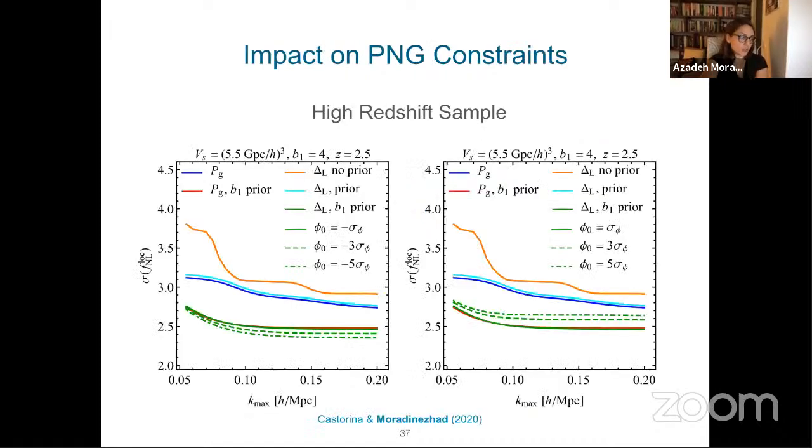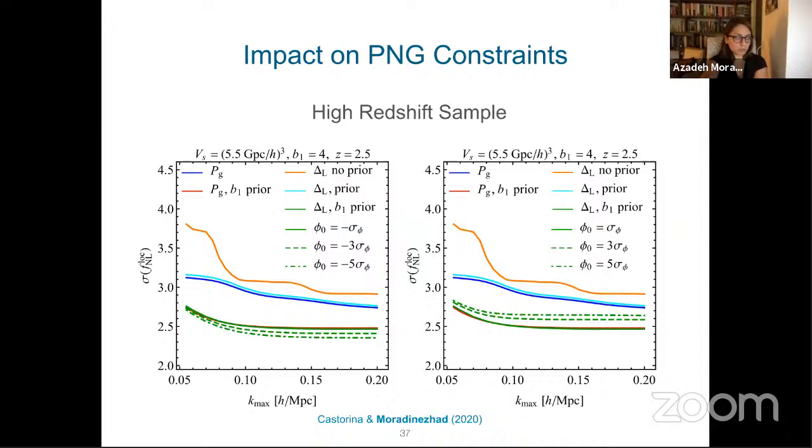And here is what you expect for the constraints on FNL. So this is the constraints for the high redshift sample. On the left and right, the plots will correspond to assuming the long wavelength gravitational potential having positive or negative value. Remember that we don't know the value of this mean gravitational potential, so it can be positive or negative values. And the takeaway from this plot is that if you look at the blue and the red